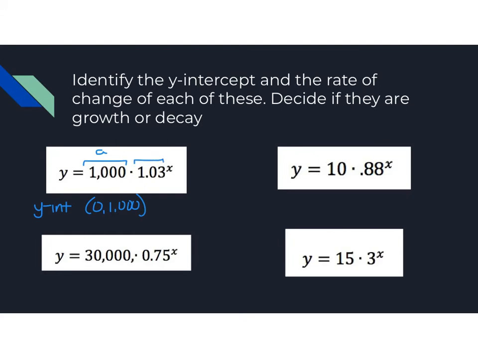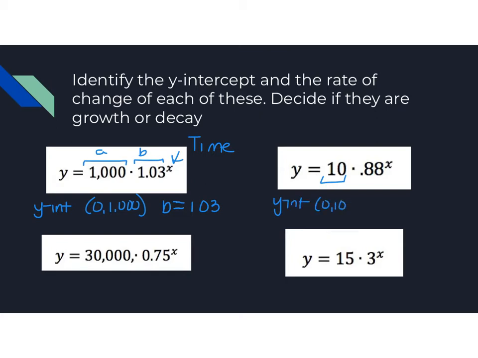The growth is this b value right here, which is 1.03. Now technically the b should be equal to 1 if this was a constant line, so actually the rate of change is 3%. And when we're dealing with these problems, x is usually going to represent time up here in our power. When we look at the next question, again, your a value is at the beginning, therefore your y-intercept